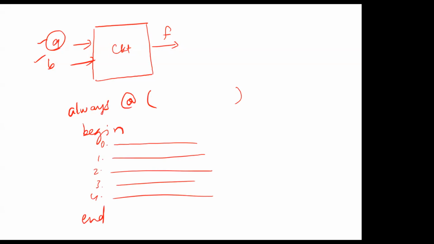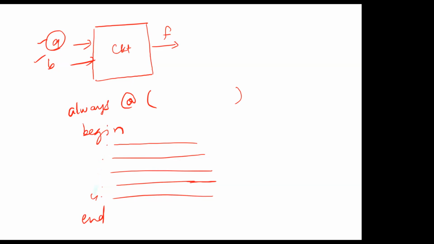So whatever you write inside them happens sequentially, right? Irrespective of where you have the hardware placed inside your module. Everything in an always block happens sequentially. So for step 3 to happen, steps 0, 1, and 2 should have happened, unless there are specific conditions for it, right? So that is one primary feature of an always block, where everything inside that block happens sequentially. I mean, it happens one after the other.